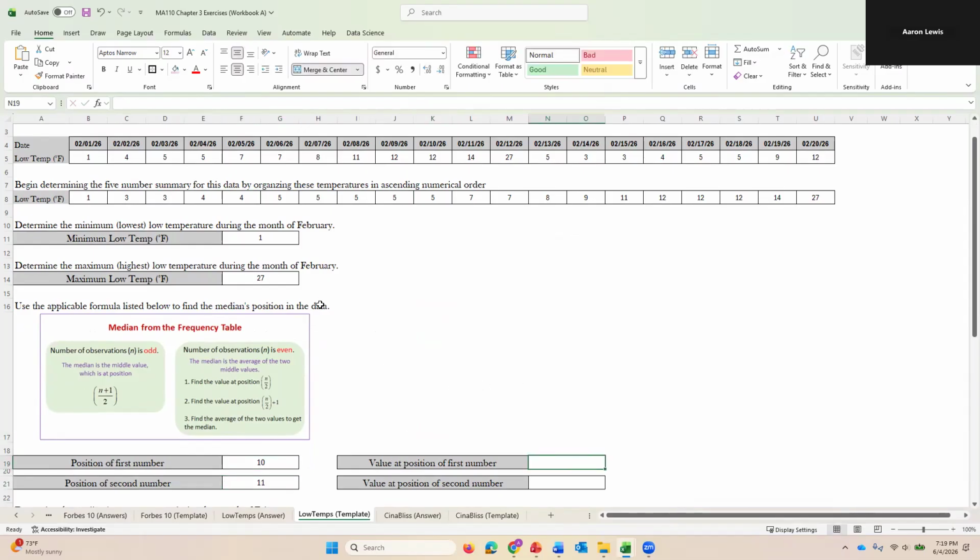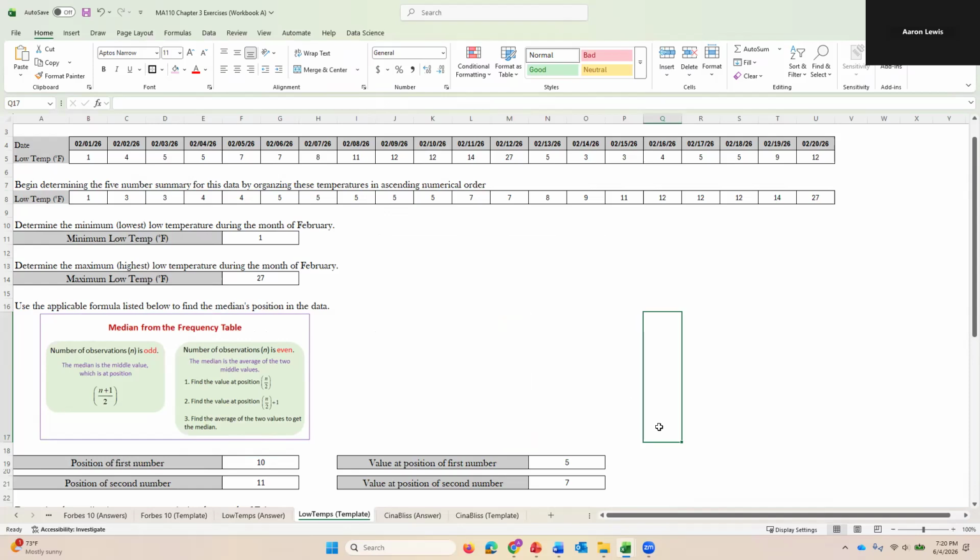The value of the 10th number in our data, we can count over: 1, 2, 3, 4, 5, 6, 7, 8, 9, 10. That number right there is the 10th number in our ordering, and the temperature for that is 5. It's also going to later ask us for the value of the position of that second number we found. That was the 11th number in the sequence. And if this is the 10th number, that makes this first 7 the 11th number. So the value of the number in the first position was 5,